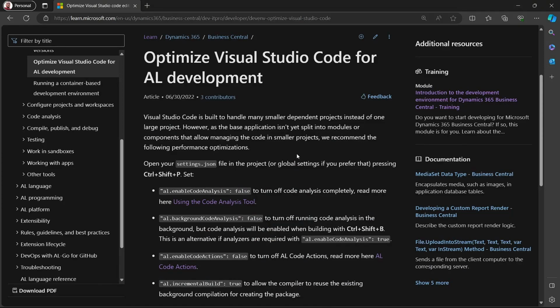In day 16 of 30 days of AL programming, we are going to look at how to optimize Visual Studio